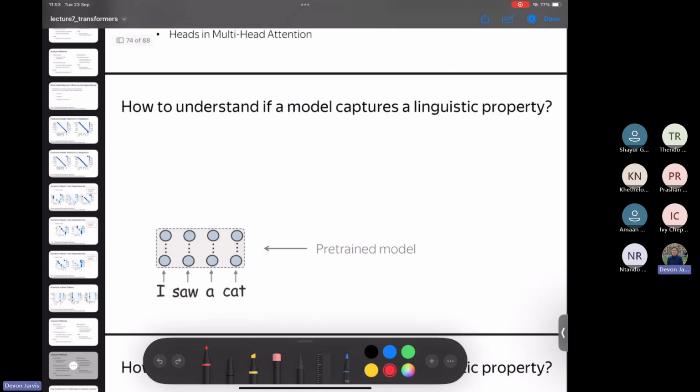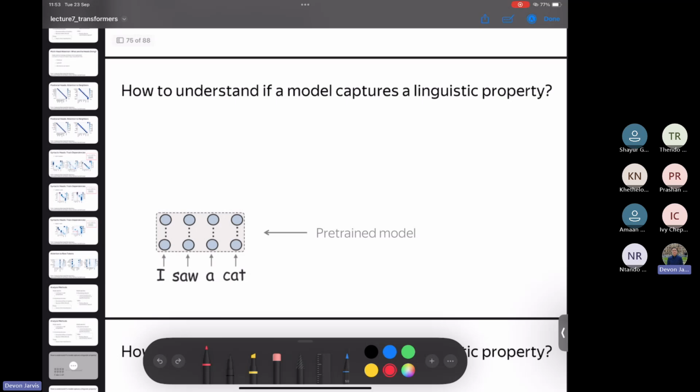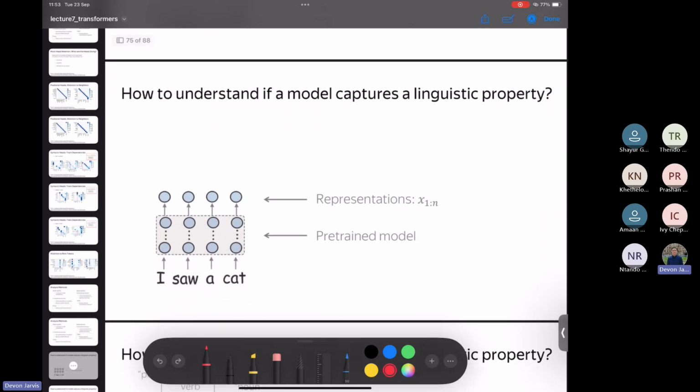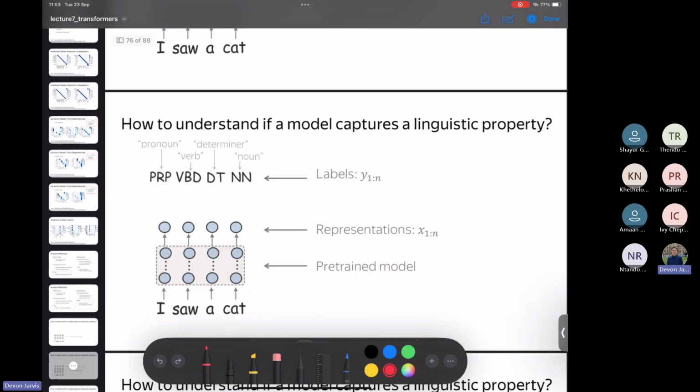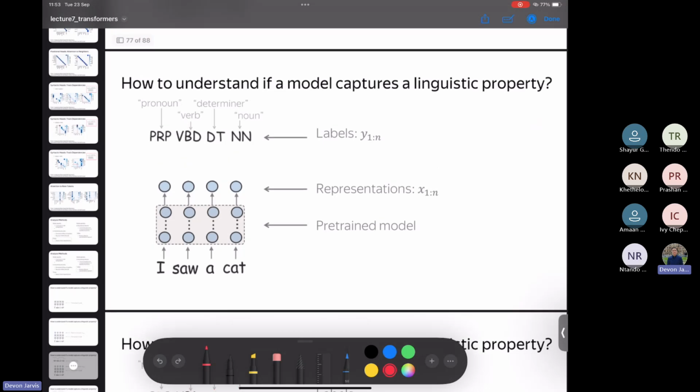Okay, then you can also try and predict what representations mean. So we've seen this before. How do you understand if a model captures linguistic properties? Well, firstly, you can just take your pre-trained model and get the representations from some layer in your neural network, right? It can be the output of our multi-head attention model at any depth we want. You just go and take those representations, and now you see, can I label that token embedding for